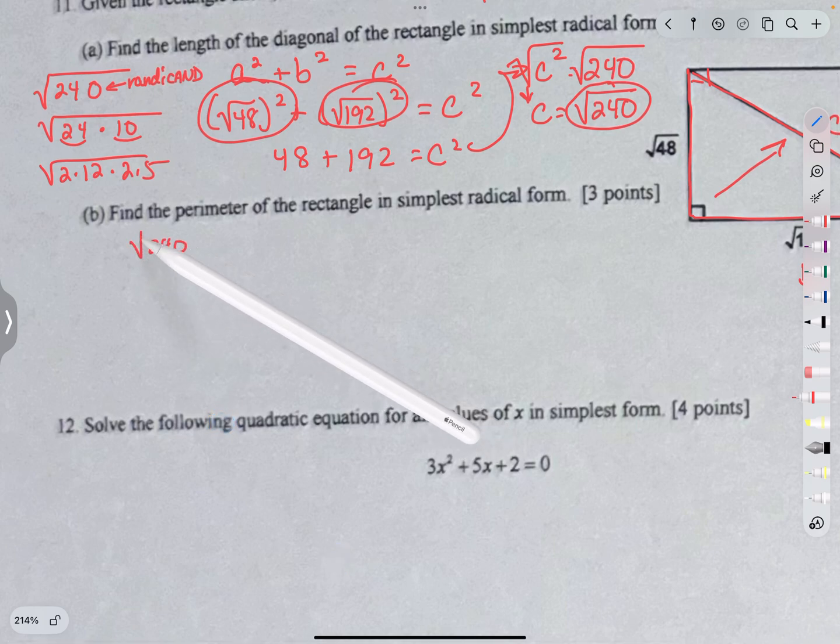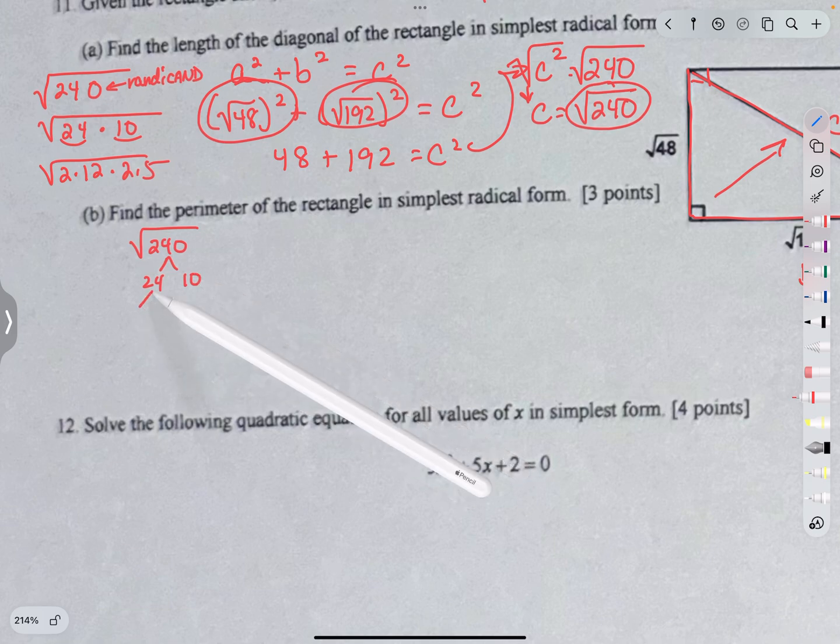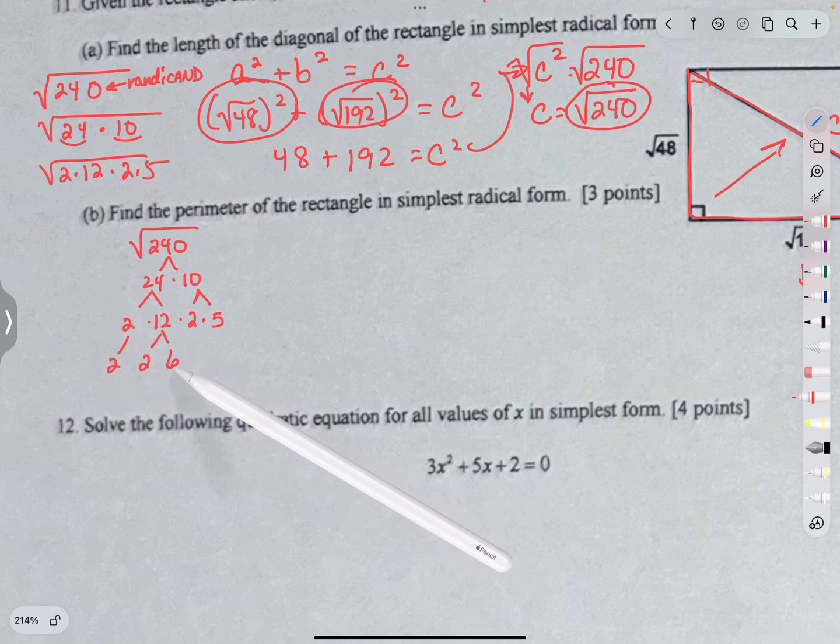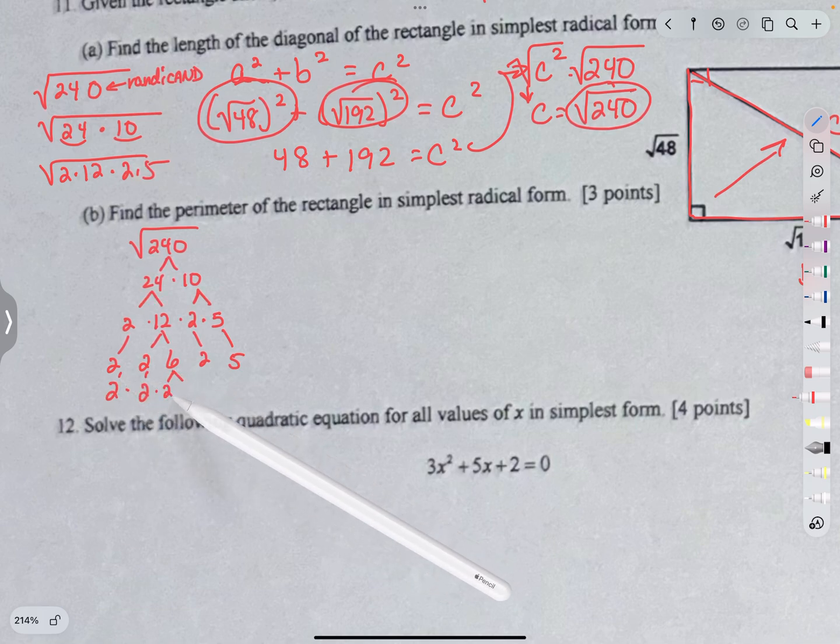Take your 240. Remember, it's underneath this radical. Just start factoring it. Make a nice big factor tree. Always bring your branches all the way down. Anytime you factor something, these are all multiplying here. And you can factor in big chunks, however you can get it. So anyway, there's the complete factorization for the number